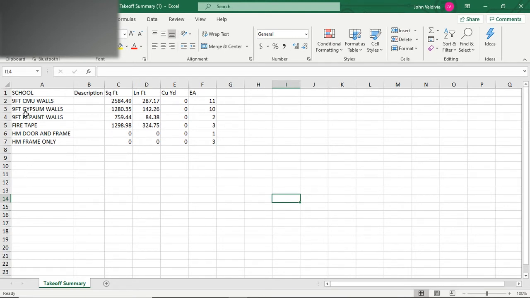So then after this, what I'll do is I'll divide this, and I'll figure out, okay, CMU, how much block filler I'm going to need. And for 2 coats of block filler, how much finish paint I'm going to need to apply to finish this area. Gypsum board, same thing. How much mud, how much joint tape, how much mud for the light orange peel, how much primer, how much finish paint. And then for the repaint of 2 coats of finish paint, depending on if it needs 1 coat